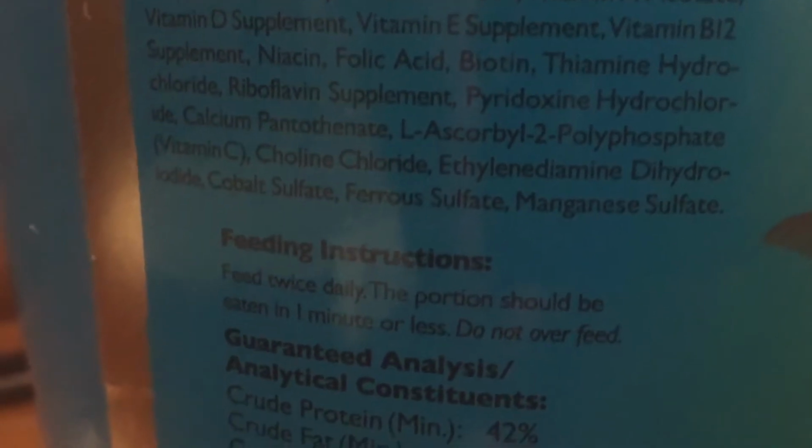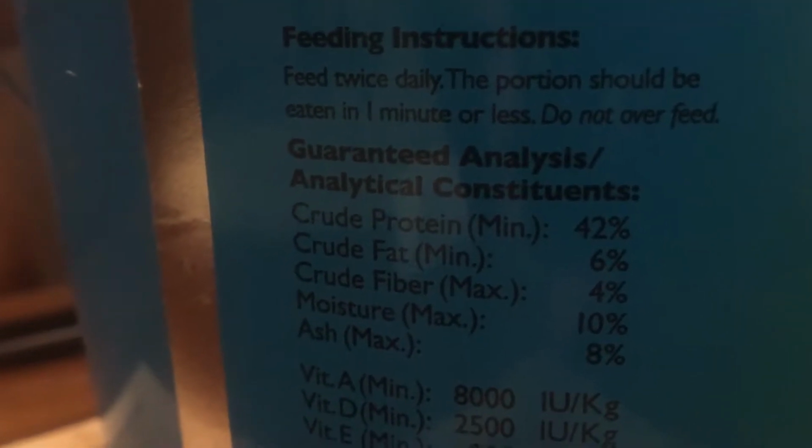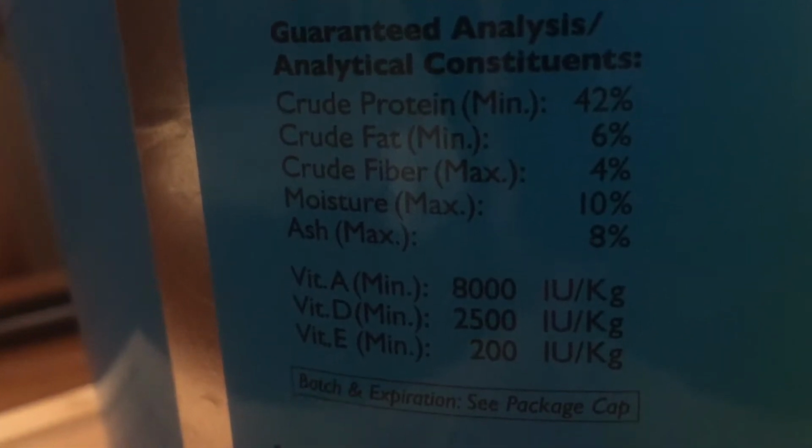Second, it has whole fish, and while we don't know what kind of fish that they put in here, because of the reputation of the brand, we could just give them the benefit of the doubt that this is a very good quality of a fish that they put in here. Next up, they have ova seaweed. This has been tested on fish multiple times over and over again, and it has been shown to have extremely positive results due to its strong antioxidants,